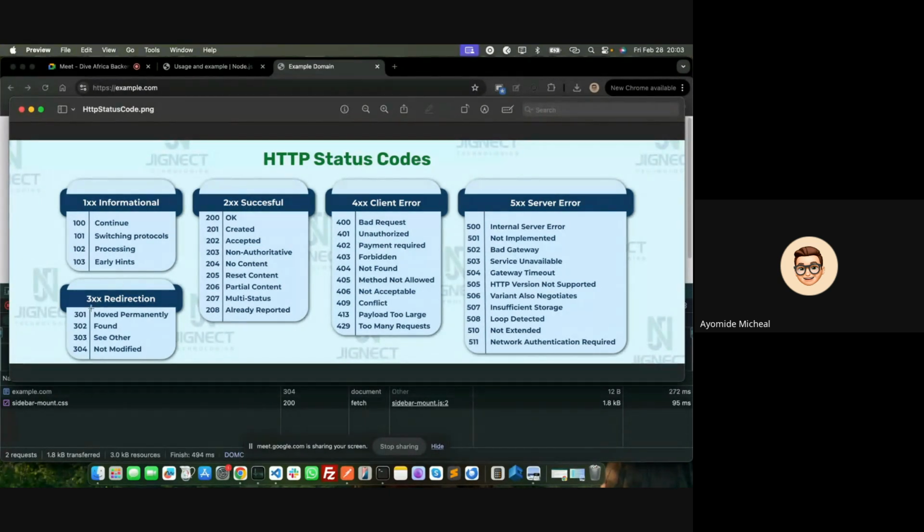And then for the 300 series, that's when there's a redirection. If you are trying to visit www.example.com and it is redirecting you to example.com without www, that's a redirection, right? So the status code 301 means moved permanently, and this means that